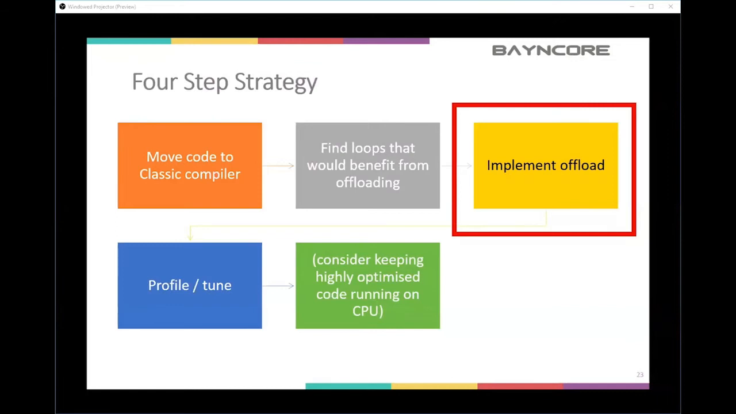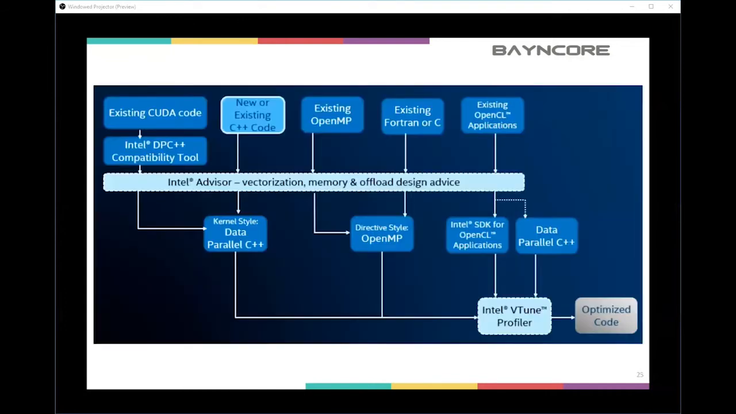Once we've found a place that we would benefit from offloading, and we'll go through that process, then we would implement a solution. You have choices here. We're working on the basis that you've got an existing project and it's a legacy project. So in that circumstance, it's going to be either C or C++ code, or Fortran,